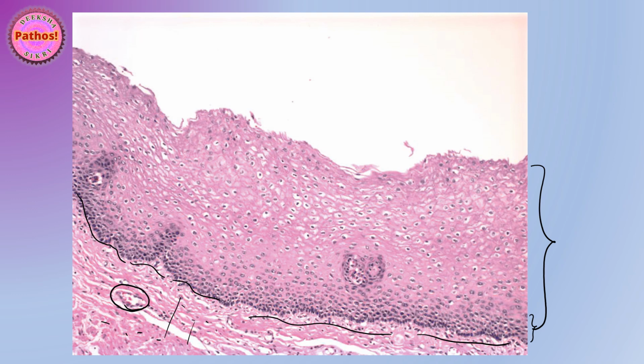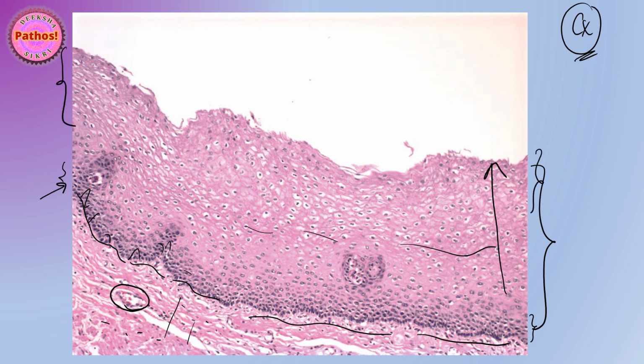Now if you focus on the epithelium just above the basement membrane, I hope all of you can make out that there is a layer of cells which seems to have darker nuclei, and as you go up, the nuclei become smaller and the cells become a little larger. Now imagine if this was in the cervix. These are what you call your basal cells, and then parabasal cells, and then intermediate cells, and then of course superficial squamous cells, which is what you see when you perform a pap smear, right? So this is a normal cervical epithelium.